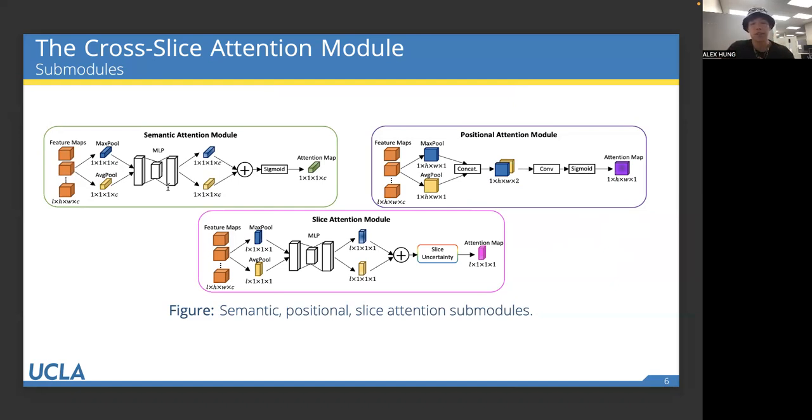And the slice attention is just trying to generate an attention map over the slices to say which slices are more likely to contain important information regarding the segmentation. And then there's a slice uncertainty module in the slice attention. So what we're trying to do here is because